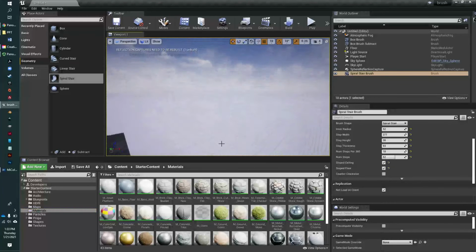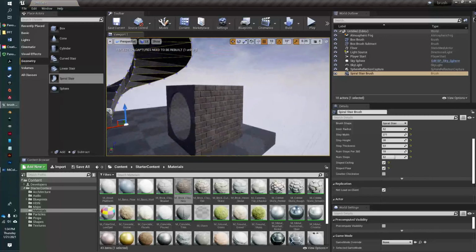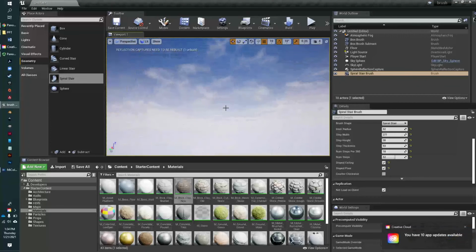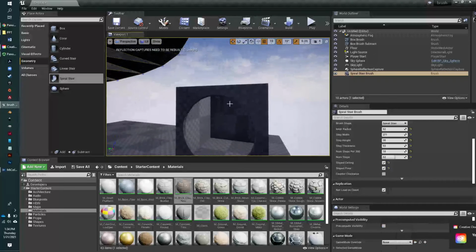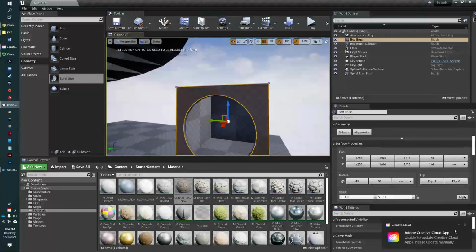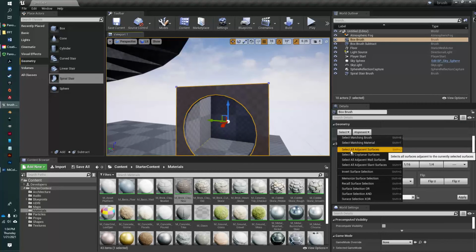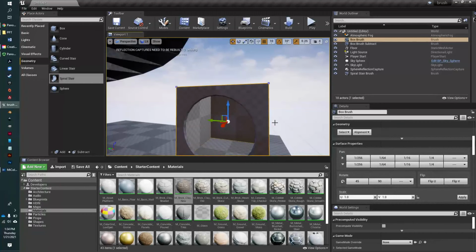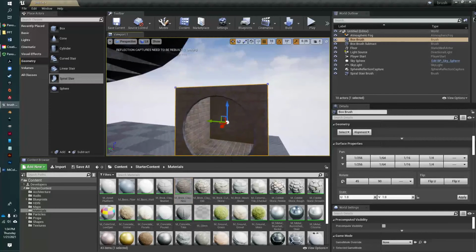I'm going to zoom over to the box here, and I'm going to apply this M_Brick_Clay_New material to the side of the box, and there it is. Pretty exciting, but what if I want to apply it to the entire box, which is what I want to do. All right, so then what I'll do is select the box in my World Outliner. Then, under the Geometry tab of the Details panel, I'll say Select, and select all adjacent surfaces, or you can hit Shift-J. Once all the adjacent surfaces are selected, now I can drag the material onto it, and now all the